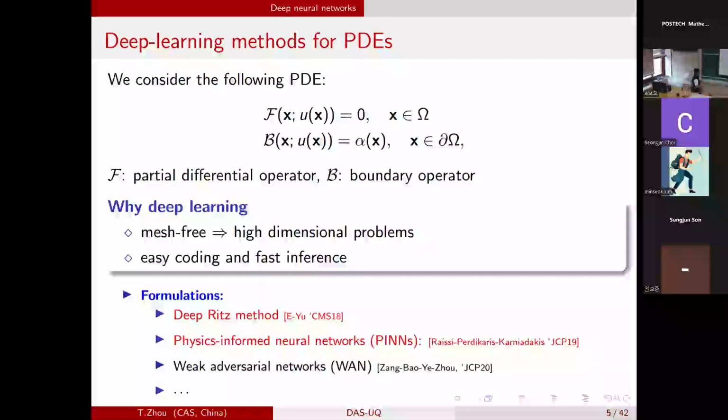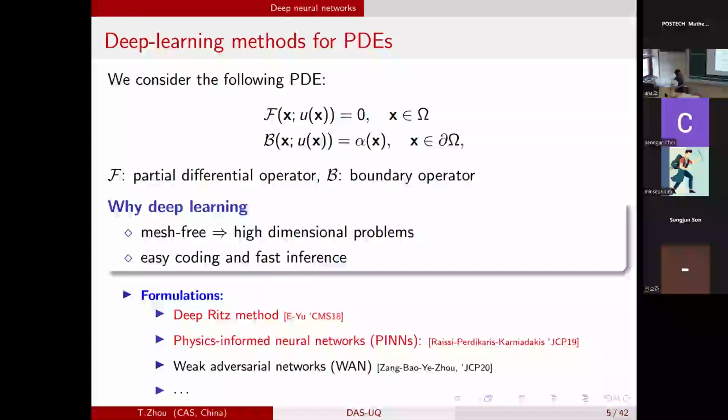But for this kind of PDE, you can see that there are many different names for the neural network approximations. The first one I list here is the so-called Deep Ritz method, which was given by Weinan E in 2018. The idea is to use the variational formula of the PDE. We begin with the variational formula of the PDE. So the starting point is that for the PDE you consider that there should be a variational formula. Otherwise, you can't use the so-called Deep Ritz method.